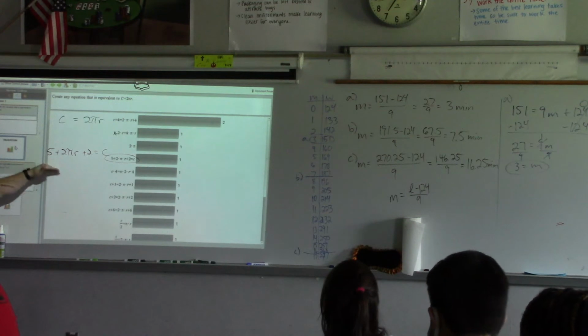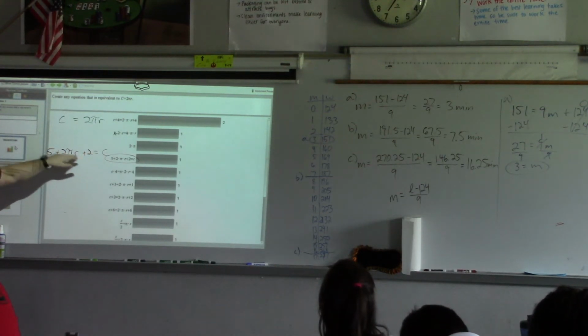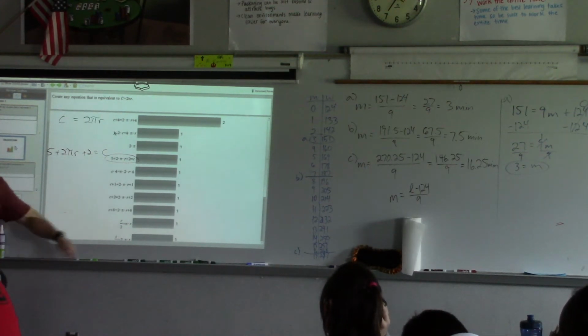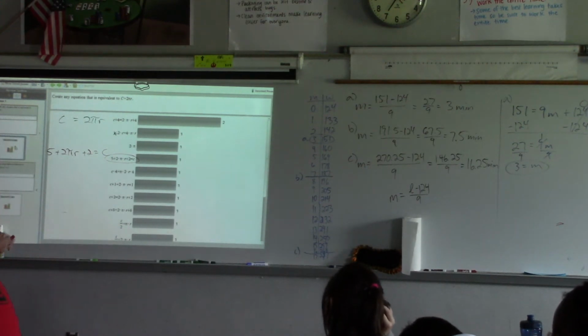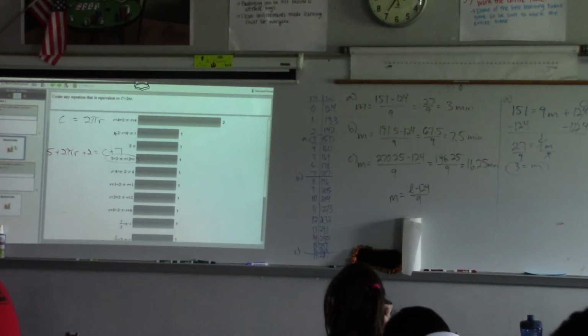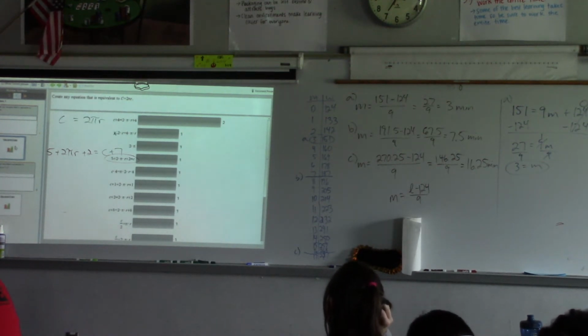Did they add it to both sides? No, they added 5 to the left side and they added 2 to the left side. What would I need to do to the right side to make this equivalent? Add 7. Even though those aren't the same numbers, is that equivalent? Yeah. I hear Jalen saying yes, Alana saying yes, Austin saying yes.